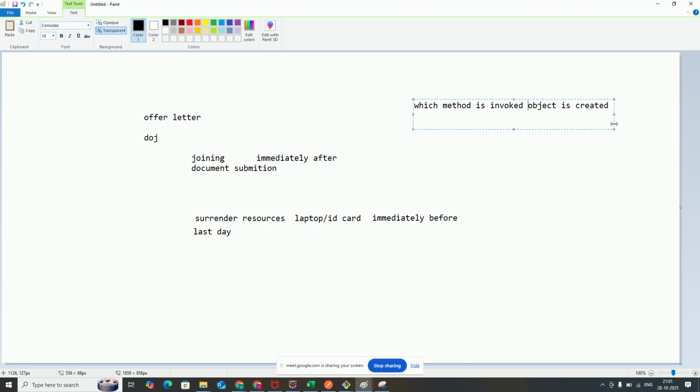So constructor is the function which is invoked immediately after object creation. So immediately after constructor, if you want to do any task, okay, so if you wish to perform any task immediately after constructor,